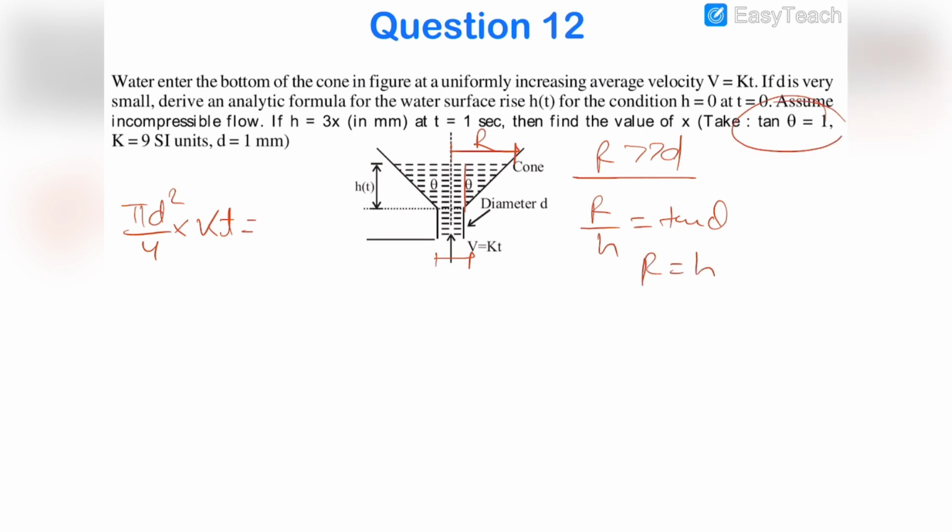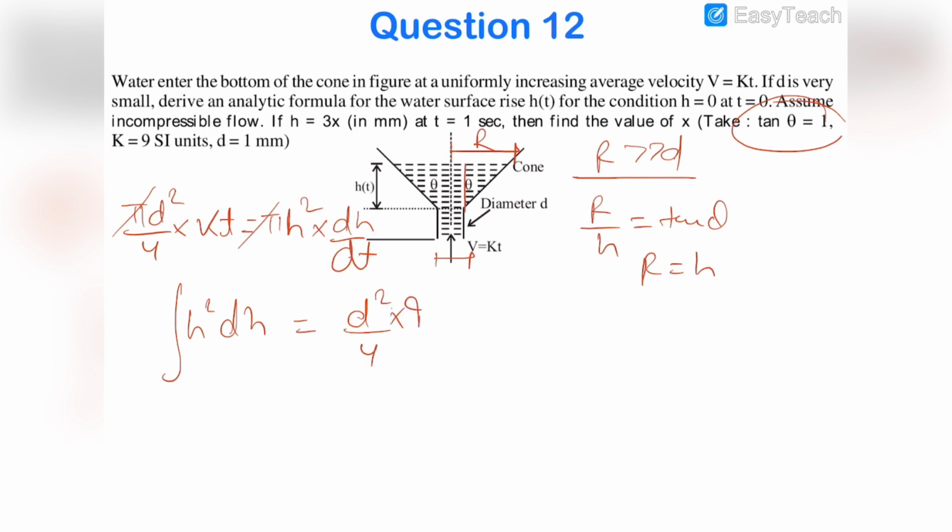So the area of this cross section would be pi H square, and this is dy by dt, or y is H, so this is dH by dt. So cancelling pi with pi, so dH into H square, or we can write it down like this, H square dH integration will be equal to d square by 4 into k, which is 9, and this is t dt integrating. So this is 0 to, it is also given that at t is equal to 0, h was 0, so 0 to t and 0